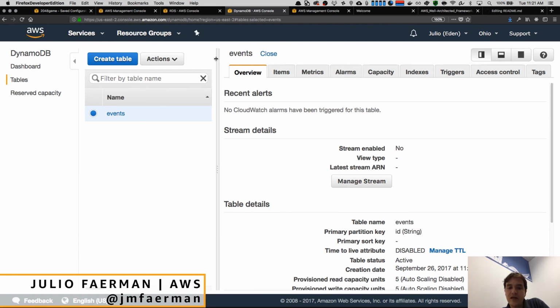And it's always important to understand why it behaves like this. So RDS is